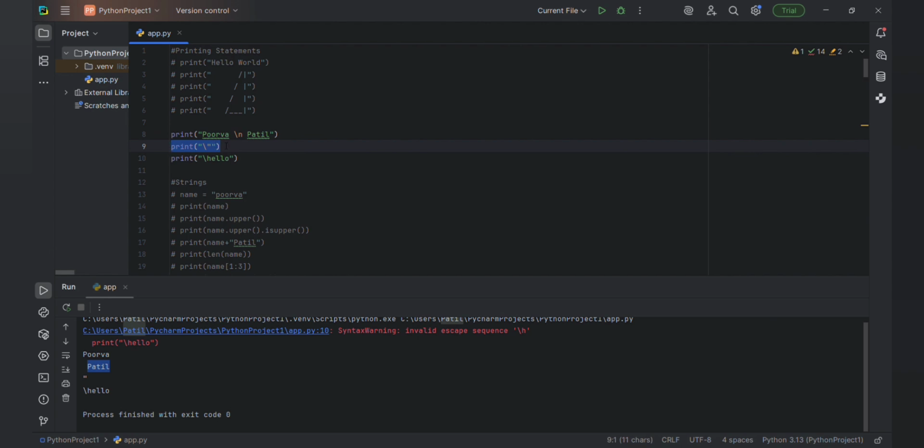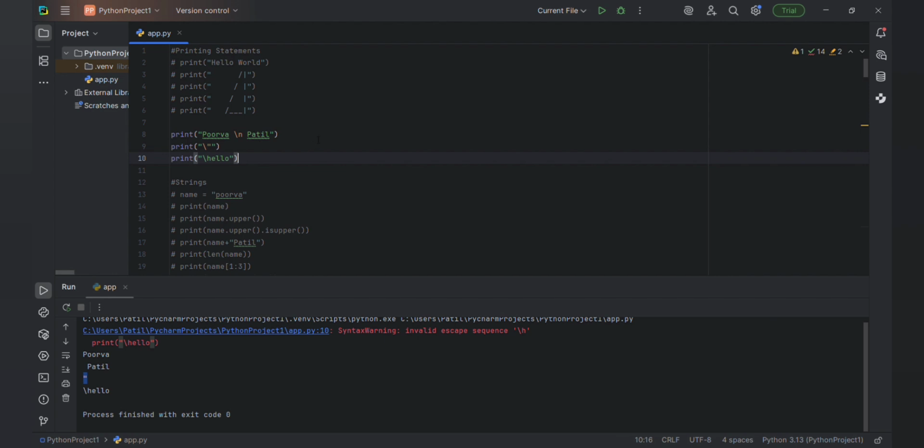Next is printing a double quote, because you already have double quotes here. If you want to print one double quote, by using this slash you can print the double quote, and with slash you can print like this. Another thing is slash t.